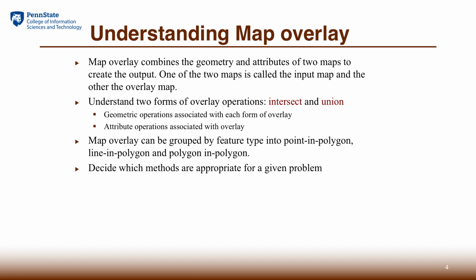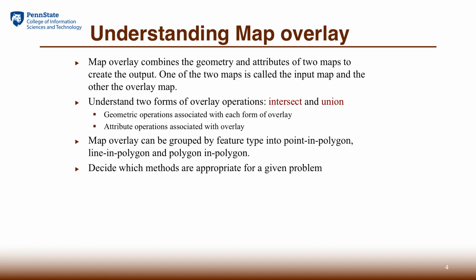The input map can be either points or lines and polygons, and they don't have to be the same. It could be one input is the point and the second input is the polygon. In that case we call it point in polygon. Or the first input is line and the second input is a polygon, then we call it a line to polygon overlay. So it depends on what kind of input we have, some further differentiation of the overlay analysis.